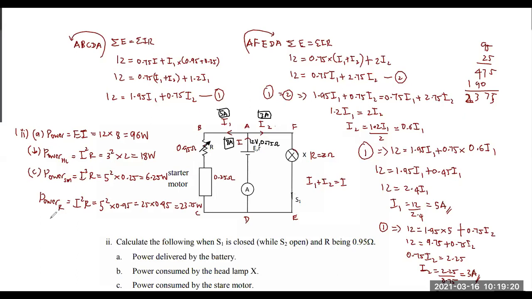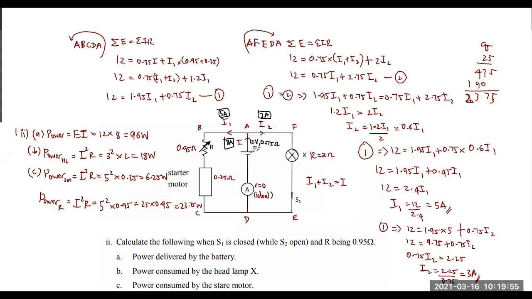And there is another place where power is used up. Where is that? This is the power given by the battery. Headlamp is using some of that power. Starter motor is using some of that power. The variable resistor is using some of that power. Who else will use some of that power? Ammeter, no. Ammeter's resistance is 0. According to the question, it's an ideal ammeter. I told you in the beginning, if it's an ideal ammeter, resistance is 0. Very good. The internal resistance of the battery.